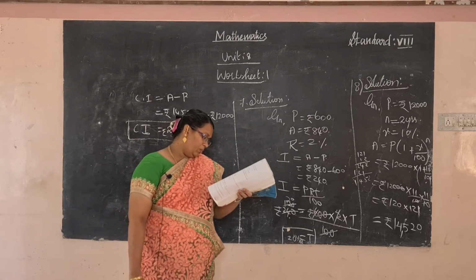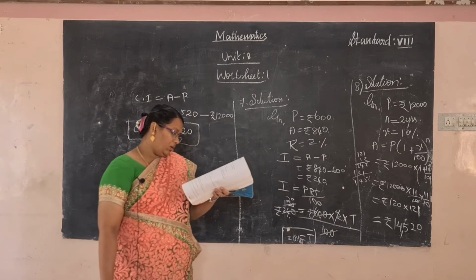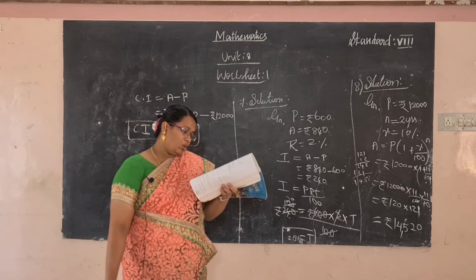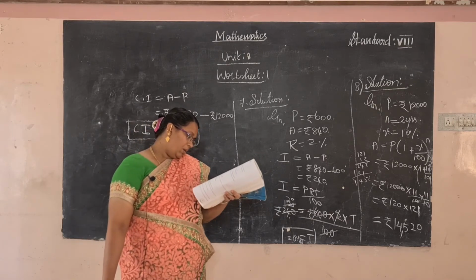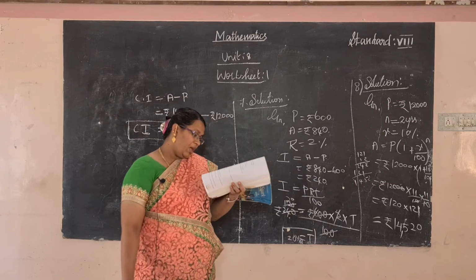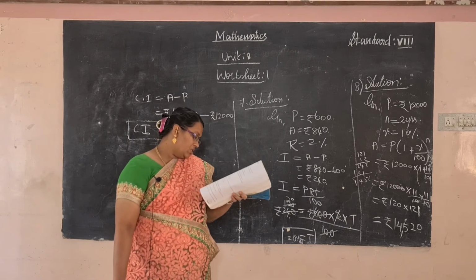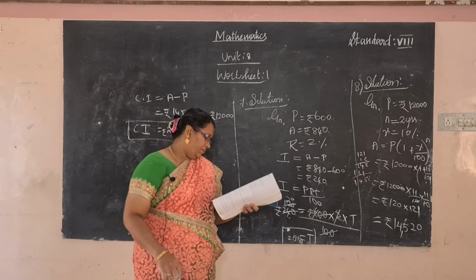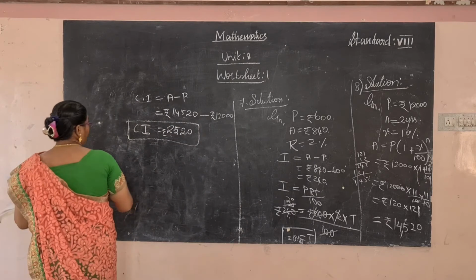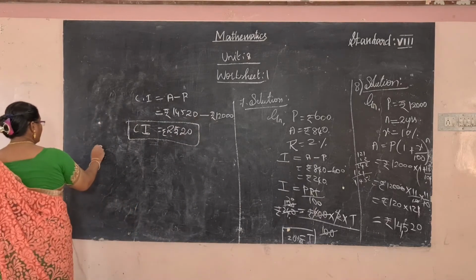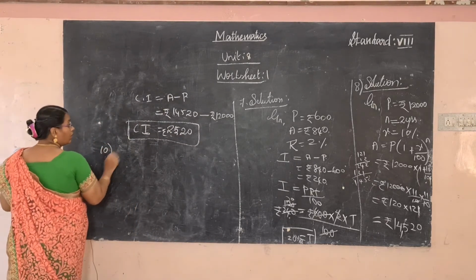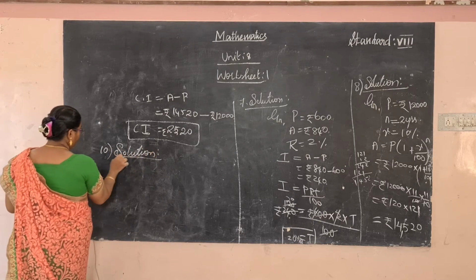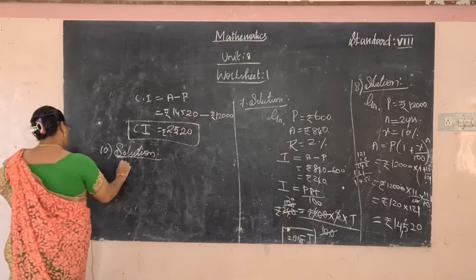Calculate the compound interest and amount on rupees 1,07,520 at 12.5% per annum for 3 years if the interest is compounded annually. So here, what are the data given? The 9th one is homework. Now the 10th one. Given: